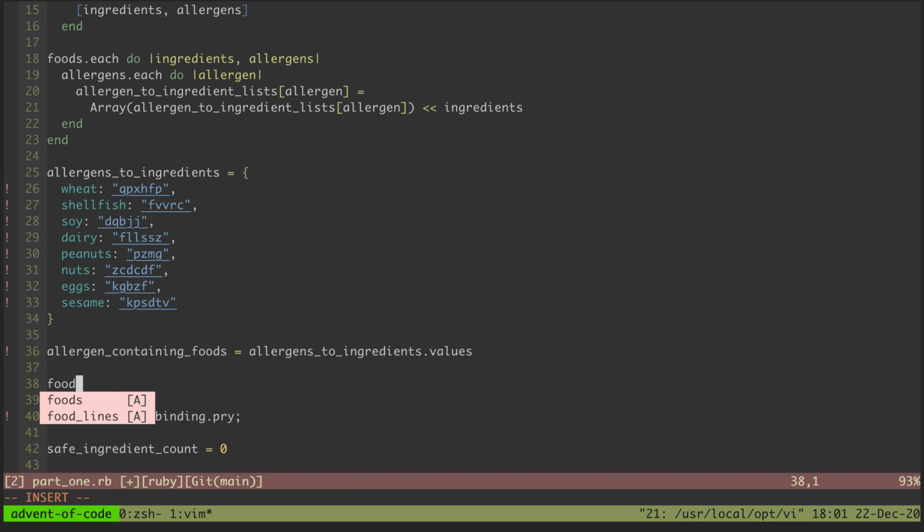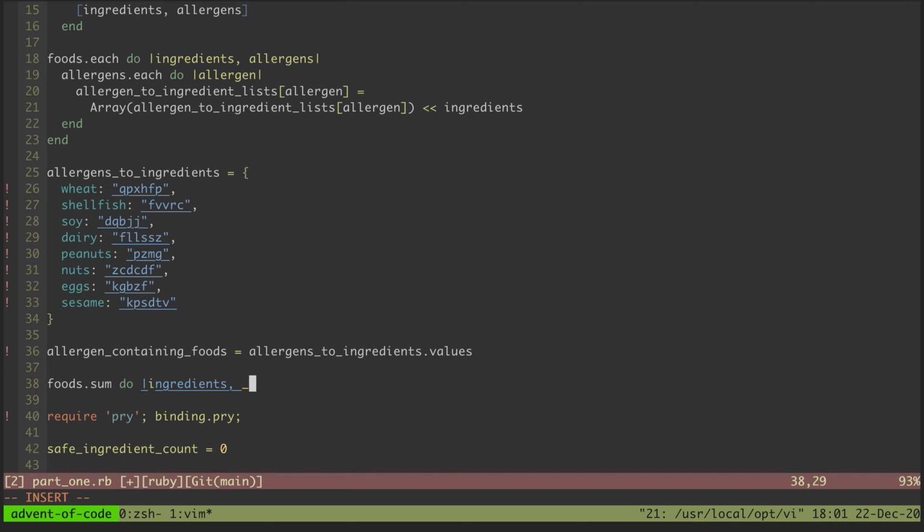So then foods each do, or not even each do. I guess we want to sum, perhaps. And so we'll get the ingredients